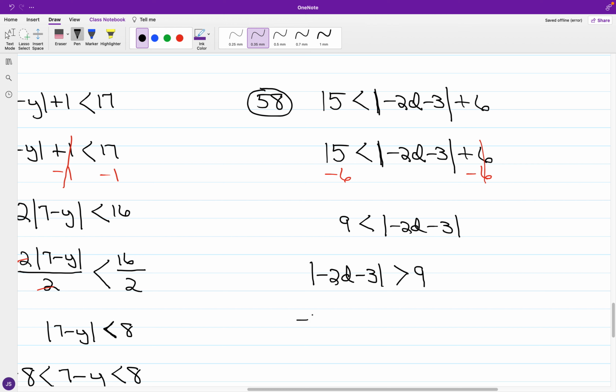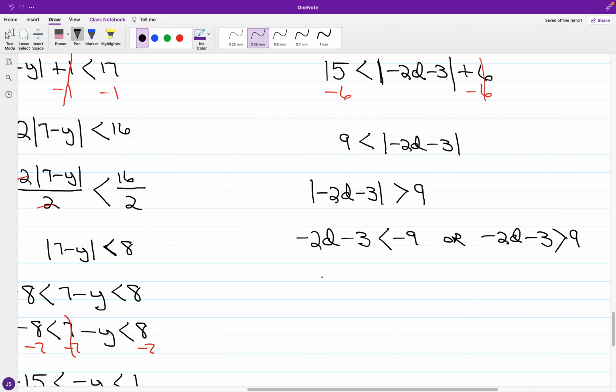Upon removal of the absolute value bars, you'll have polar opposite scenarios at the extremes. You have negative 2d minus 3 is less than negative 9, and at the other end, you have negative 2d minus 3 is greater than 9. And so for what we have with these inequalities that are formed,